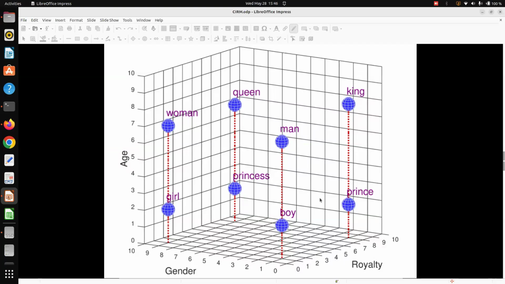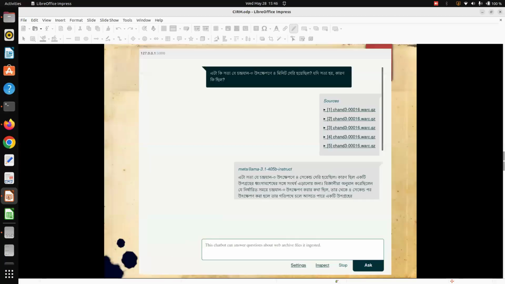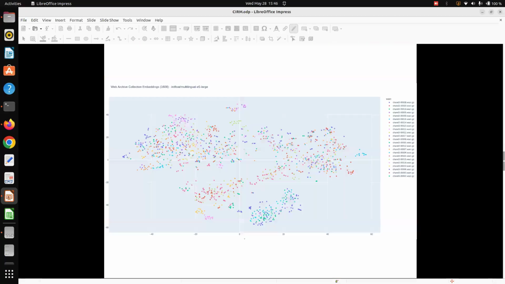But in reality, when you go through a huge number of texts, this kind of situation happens. For example, all of my Chandrayaan 3 project related documents, when I vectorize them in this way through a large language model, each of these dots is basically a document vector. So each document has its x coordinate value and y coordinate value.